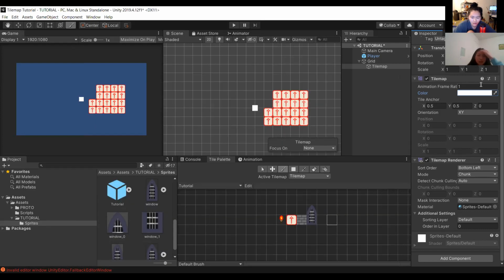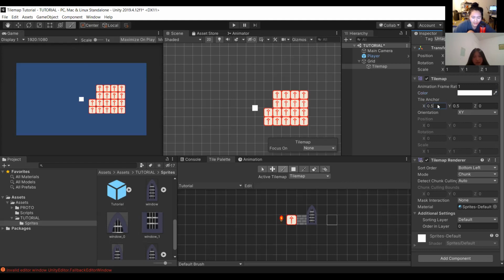For those who are a little bit more code centric, I'll explain. Think of the tilemap as a struct or a class or an object. All of these are variables within that object that you can modify by accessing them through code. So you can say tilemap.color is equivalent to this when the player is not near it or something like that.